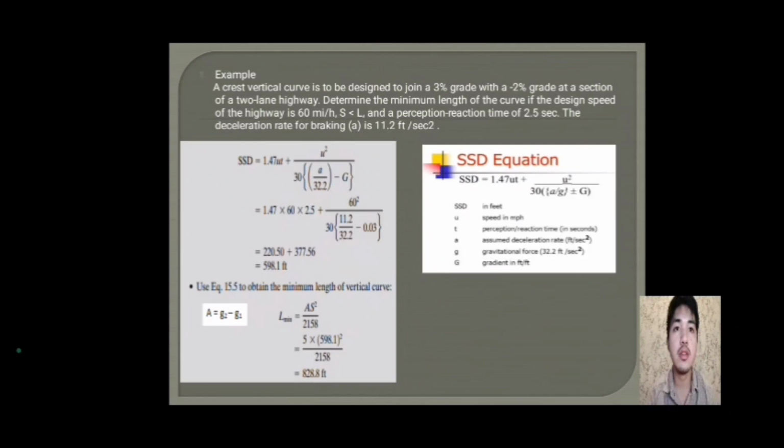Example: a crest vertical curve is to be designed to join a 3% grade with a negative 2% grade at a section of a two-lane highway. Determine the minimum length of the curve if the design speed of the highway is 60 miles per hour and a perception reaction time of 2.5 seconds. The deceleration rate for braking is 11.2 feet per second squared. So to determine the minimum length, we have to use the SSD equation,